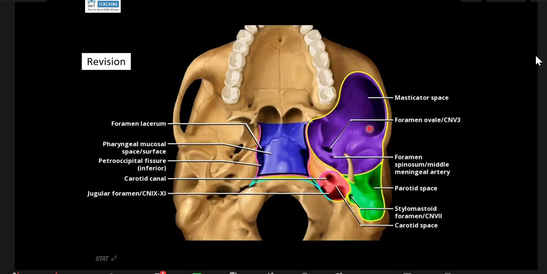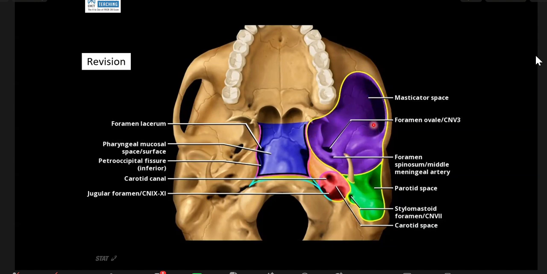So we will cover it again, but I think we have covered it many times in the past also, that in head and neck radiology the neck is divided by the deep fascia into various spaces. One of the spaces is the masticator space. These are the spaces which abut the base of the skull. And this concept is extremely important because any pathology sitting in that particular space can go into the cranium. Masticator space is a very important space, both for infective lesions as well as malignancy. So all of this area